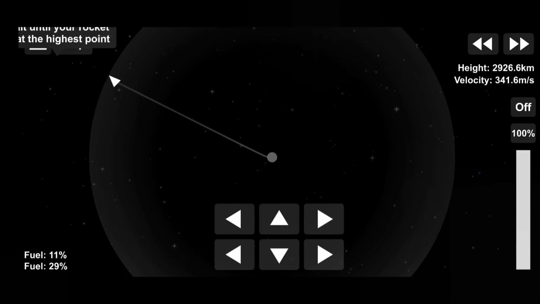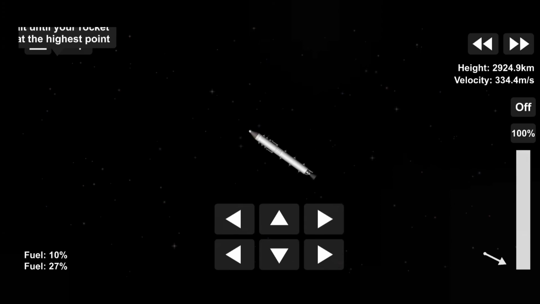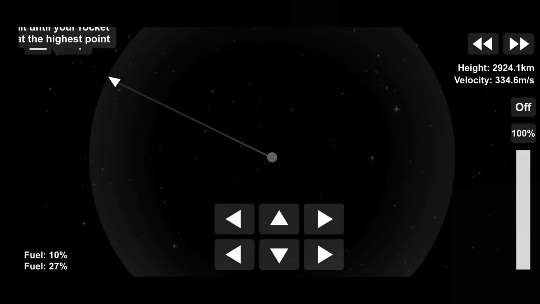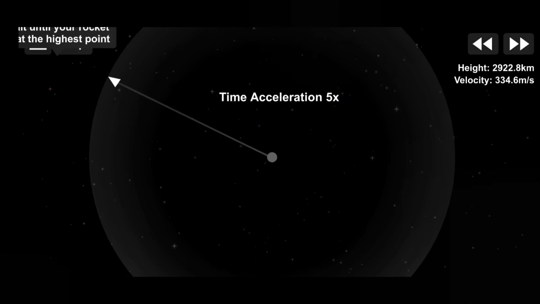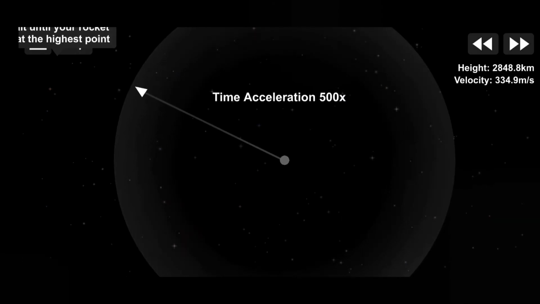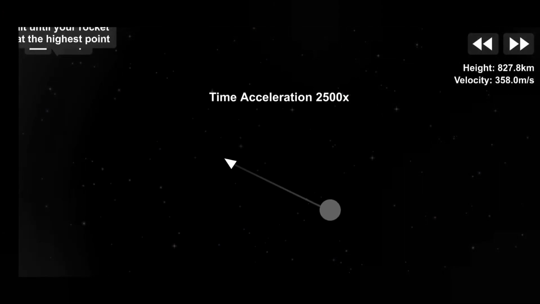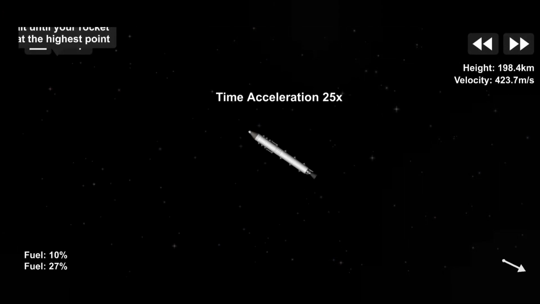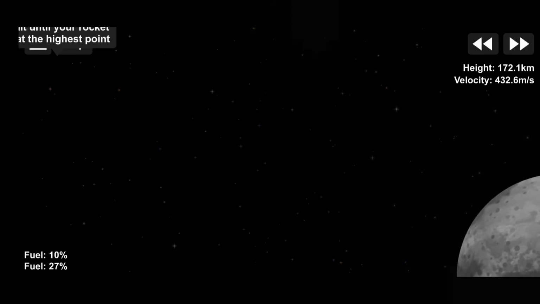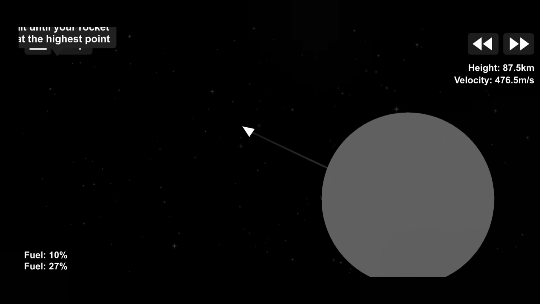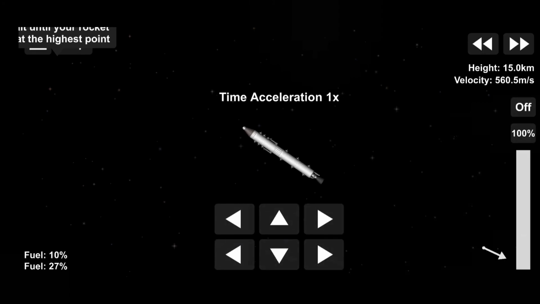I shall fast forward the video so that we can see how to crash into the moon. We are at 200 kilometers from the moon and we're going fast at 450 to 480 kilometers. You can see the moon right here and how tiny we actually are in comparison to the moon. In the entire universal comparison, we are nothing but a tiny speck of dust, even smaller than that.